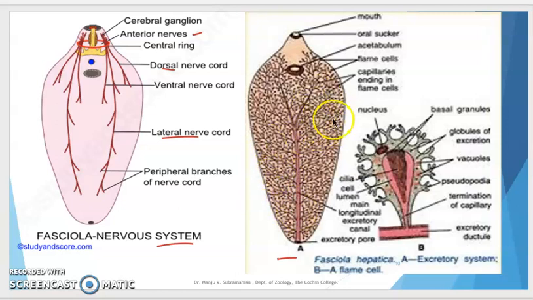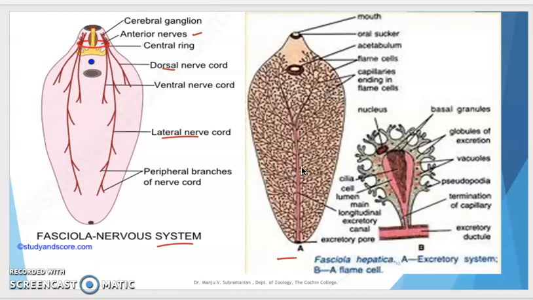You can see numerous protonephridial tubes or excretory canals are present, and they are joined together anteriorly by a network of transverse canals. You can see these are the transverse canals, and these transverse canals all open into the longitudinal canal. This is the main longitudinal canal, and leading from these networks are the small excretory canals which open to the outside dorsolaterally